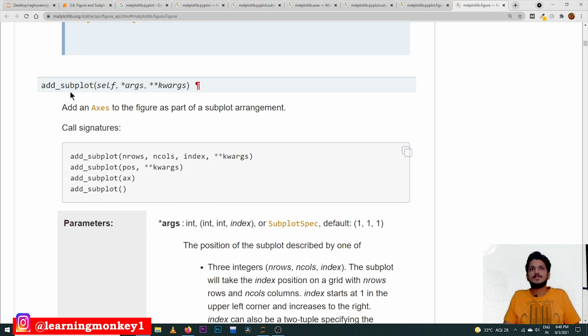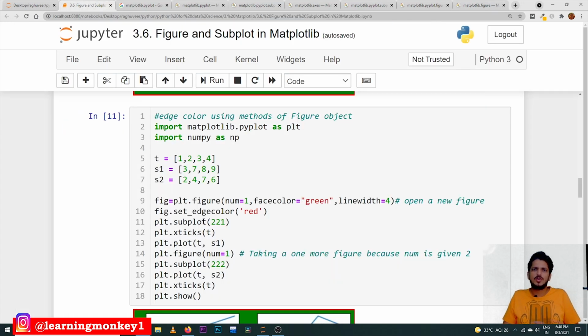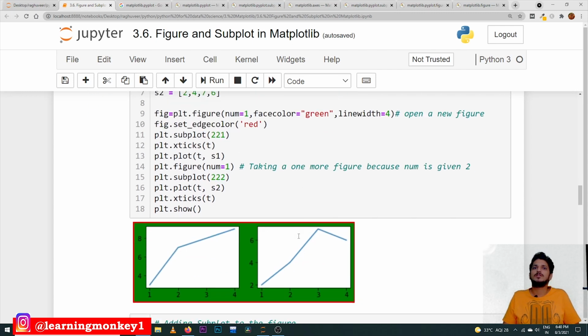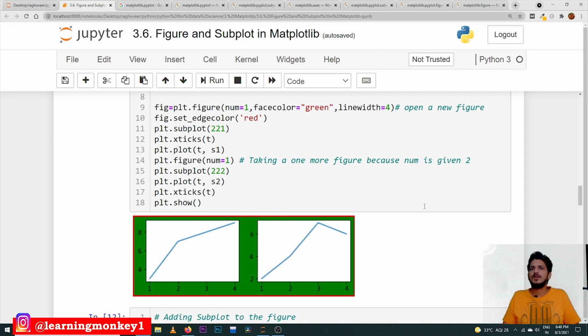See, add_subplot, it is going to add a subplot. So we have done one, this is the way which we are following. You can follow the other way also. You can create the figure object, and from the figure object, you can add the subplot. Like that also you can do. You try to do it on your own. So plt dot, in the figure object, figure.set_edgecolor('red'). This is the method available on the figure object. From that we are calling this method and applying the color red. Now also we got the figure of red color.